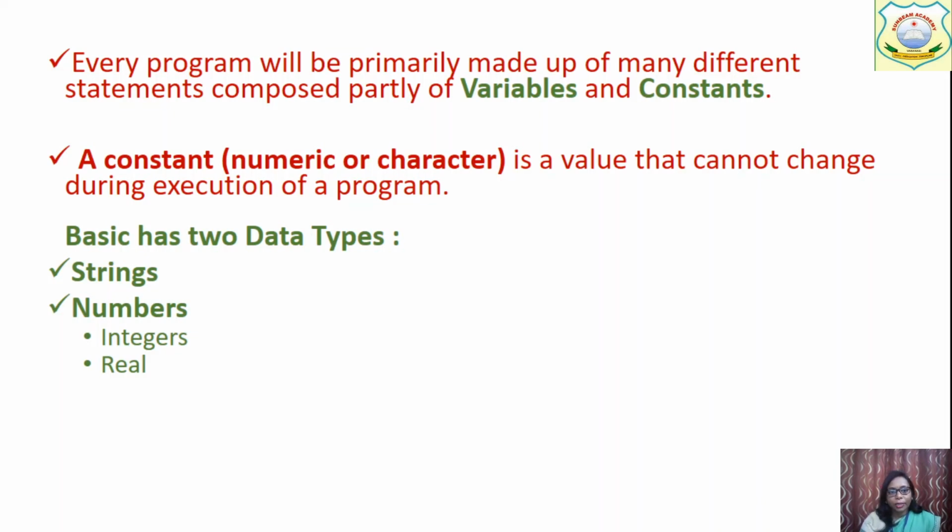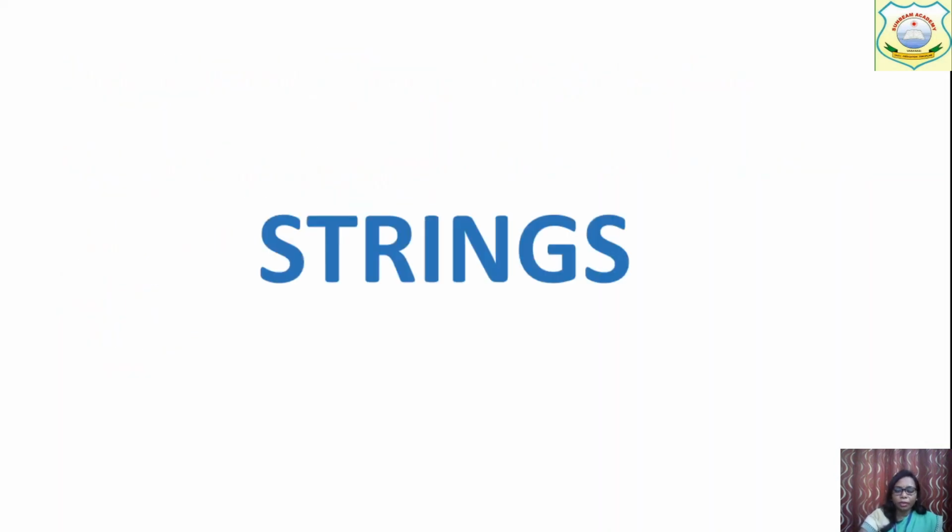In print statement programs you have seen the string. String is nothing but anything between double quotes. That can be alphabet, number or anything. You have written print hello world in between double quotes, so that is a string. And numbers, that you have done, 7 plus 8, 14 minus 3, whatever. Those are numbers. Number constants are of two types, integer and real. I will explain you. Now first we'll proceed with string.